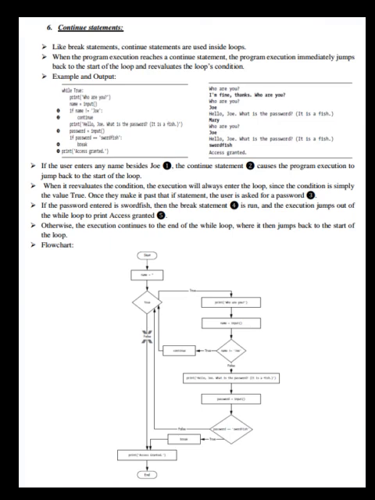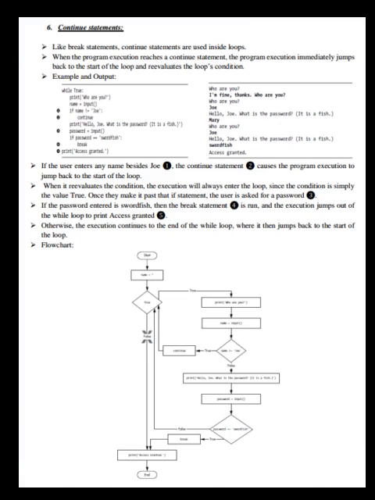If the user enters any name besides Joe, the continue statement causes the program execution to jump back to the start of the loop. When it re-evaluates the condition, the execution will always enter the loop since the condition is simply the value true. Once they make it past that if statement, the user is asked for a password.